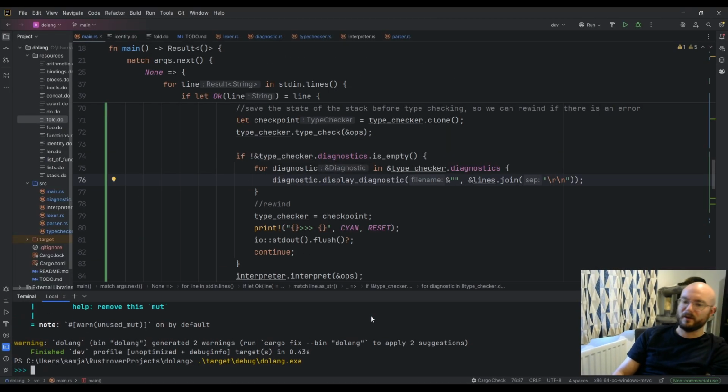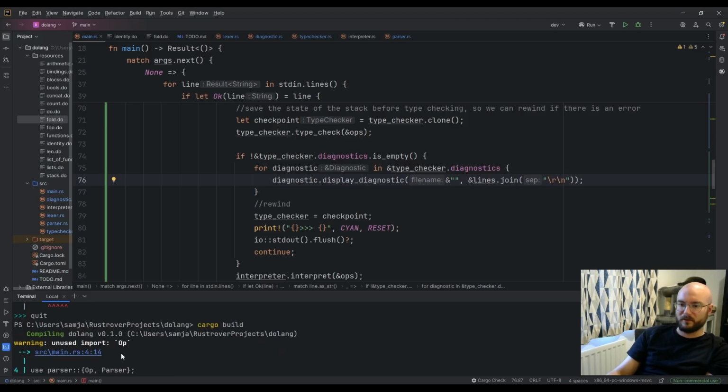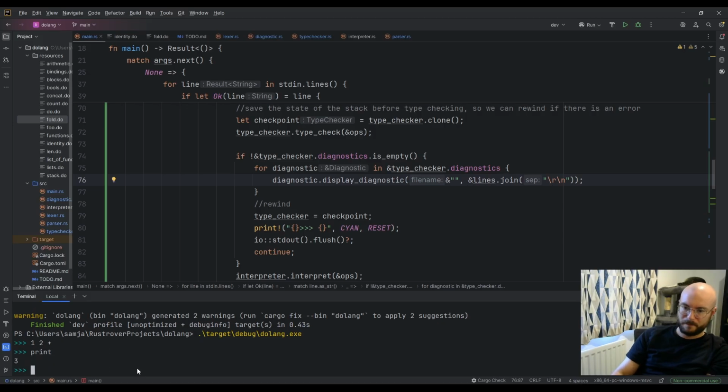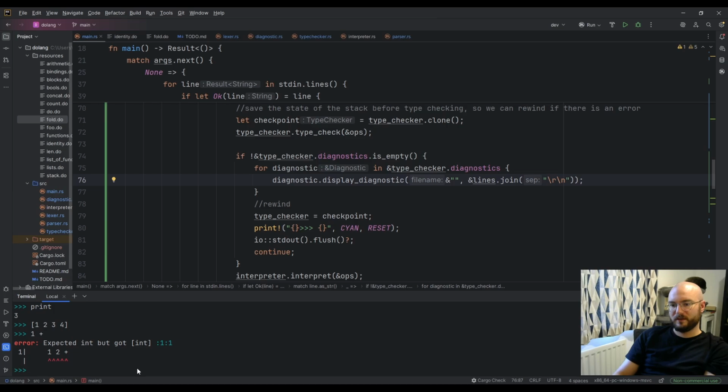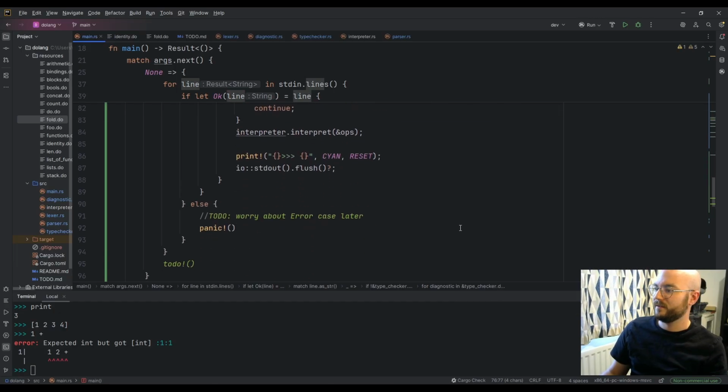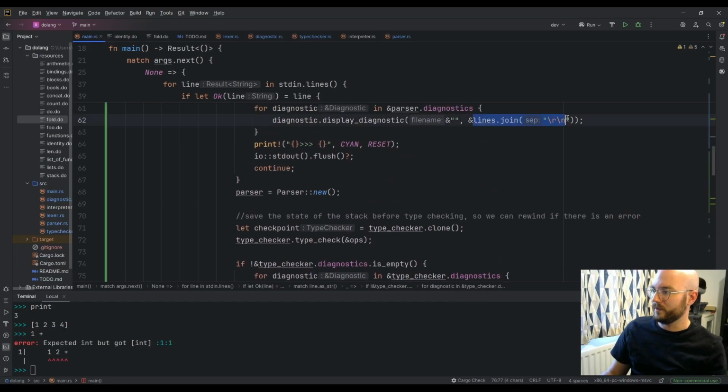So if we do, well, let's recreate what we just did. So what did we do? We did 1, 2 plus print, and then we put a list on, and then we tried to add 1 to it. Oh, it's because we're no longer persisting the cursor. Yeah. So actually, maybe we don't have all of the lines.